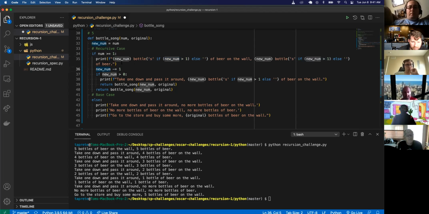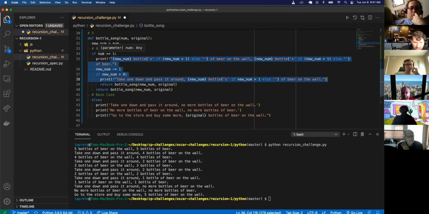And then, 5 bottles of beer on the wall, 5 bottles of beer. Now I'm subtracting 1 from new num. I'm saying, if new num is greater than 0, take 1 down, pass it around, 4 bottles of beer on the wall, and then I'm returning 4 in here. So 4, passing in the original, which is 5. So it comes up here, 4. Then again it just repeats this, decrements it. And then saying, if,